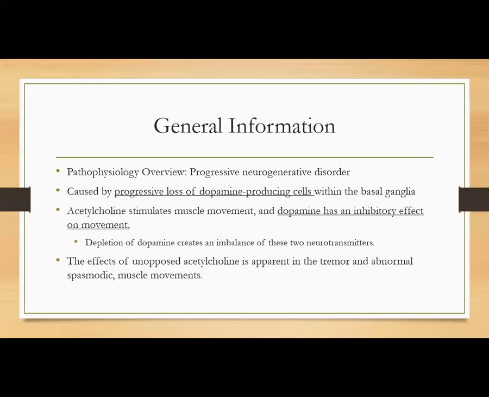Okay. So just for some general information, once again, this is our pathophysiology overview. It is a progressive neurodegenerative disorder. So that means it progressively gets worse. It can be caused by the progressive loss of dopamine-producing cells within the basal ganglia. Acetylcholine, which is our neurotransmitter, stimulates muscle movement, and dopamine